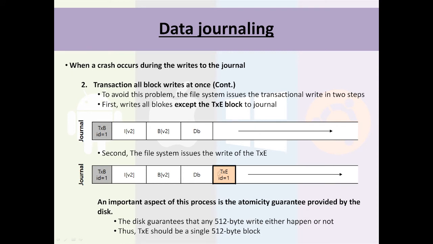The TXE is telling us that we ended, so this should only be written when we've properly finished this task. So when these writes are complete, then the file system issues the writes to the TXE, thus leaving the journal in its final safe state. Okay,